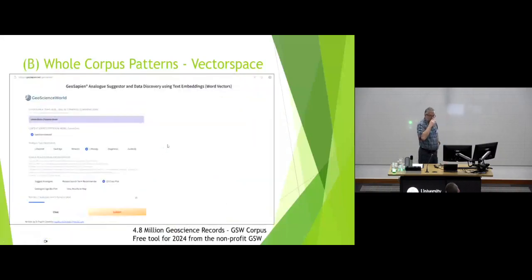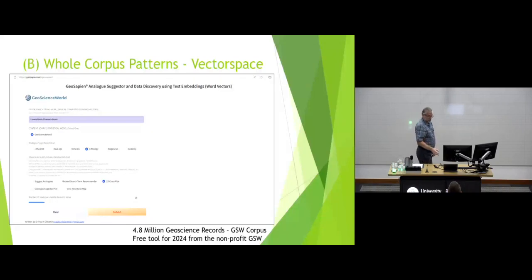So finally, this is a project working with GeoScienceWorld. They're a non-profit based in Washington, DC. They have a large chunk of the geoscientific literature. We're making this tool freely available towards the end of the year, and it's to search all of the literature, but rather than a search box where you just type in keywords, you can interrogate it using word vectors.